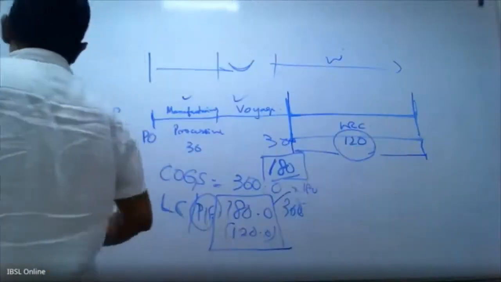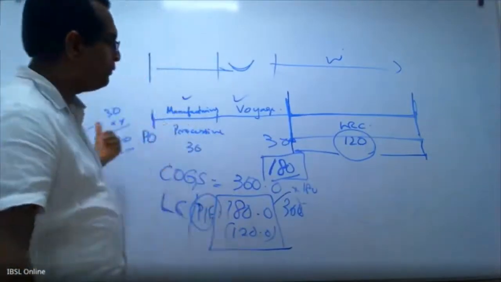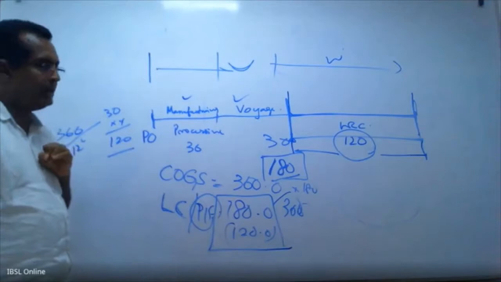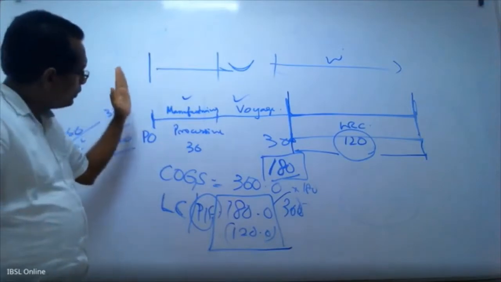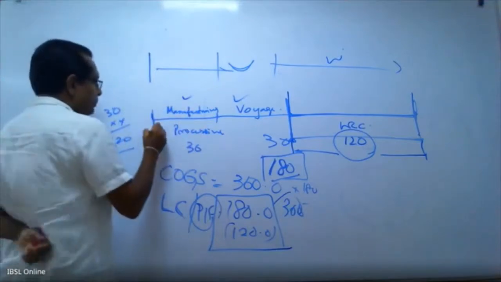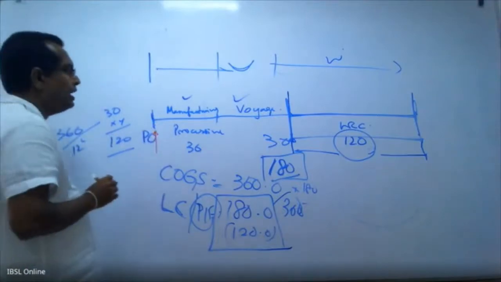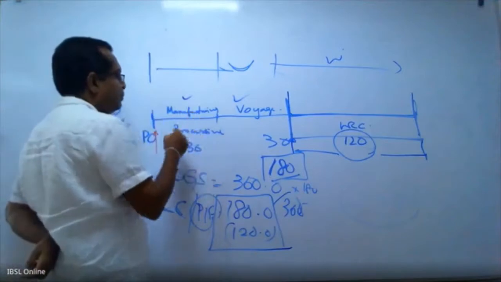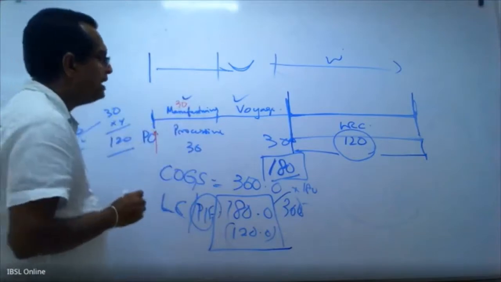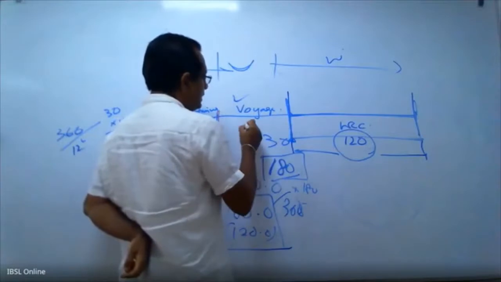See, on LC lines, how to calculate the amount of the facility we need to give for LC opening, right? So you have a processing time. You make the purchase order. You tell, I want this. You place the order. Then there will be a manufacturing time or processing time. It takes 30 days to produce the goods. Then another 30 days voyage time, that is on the ship,